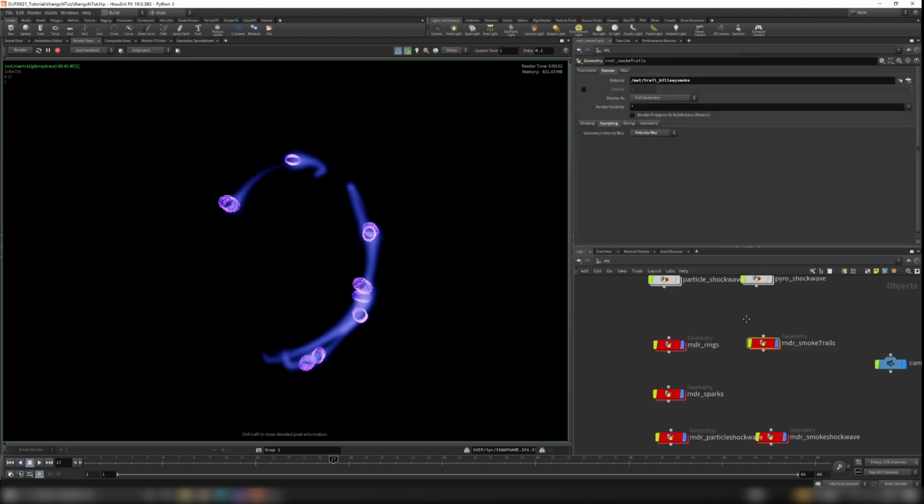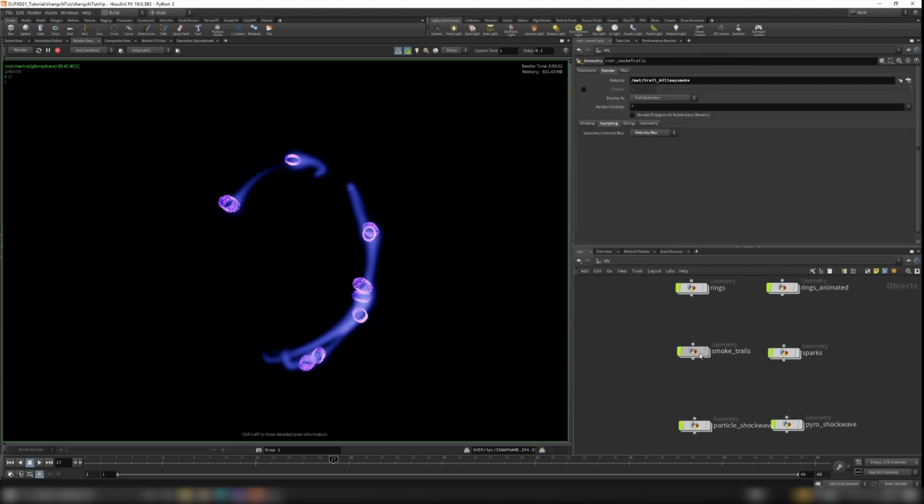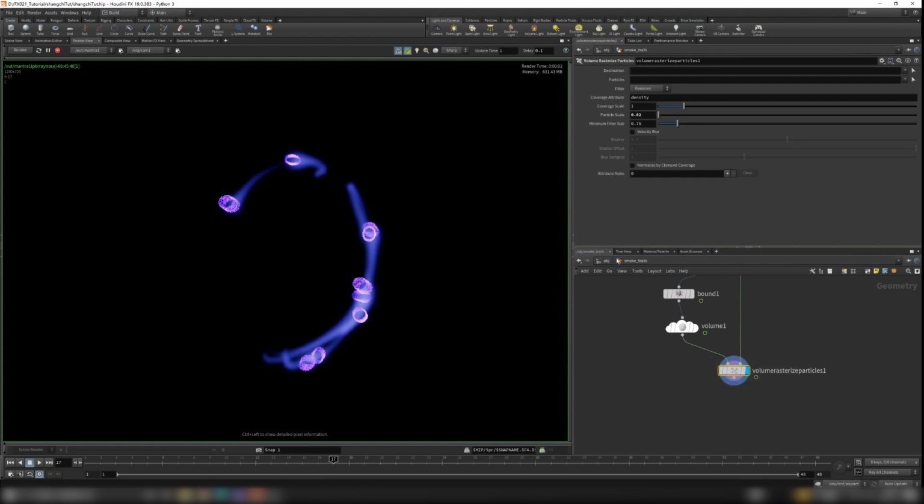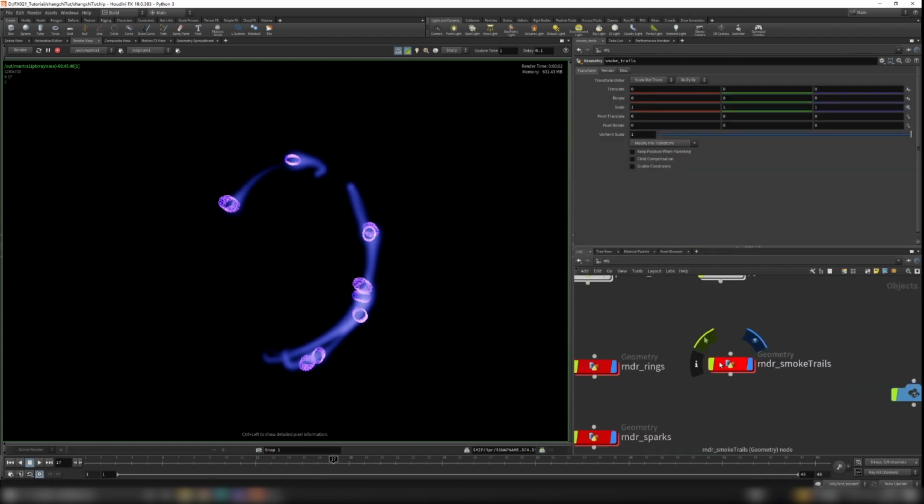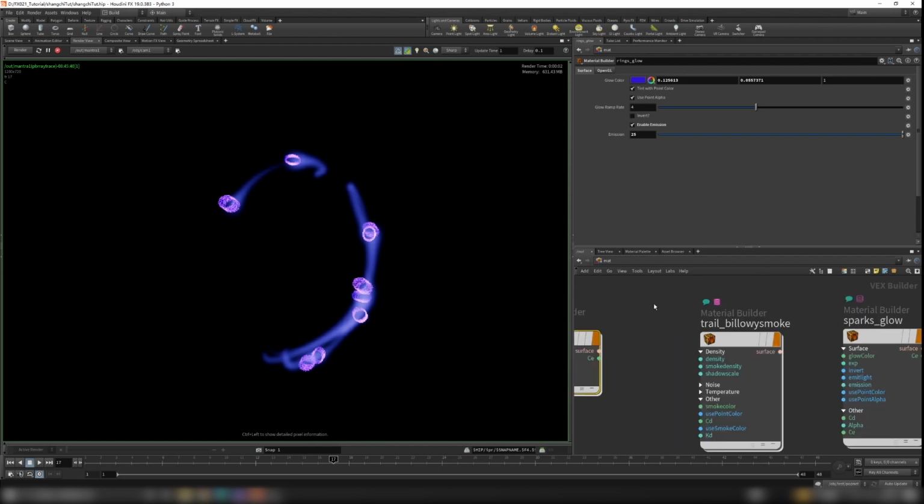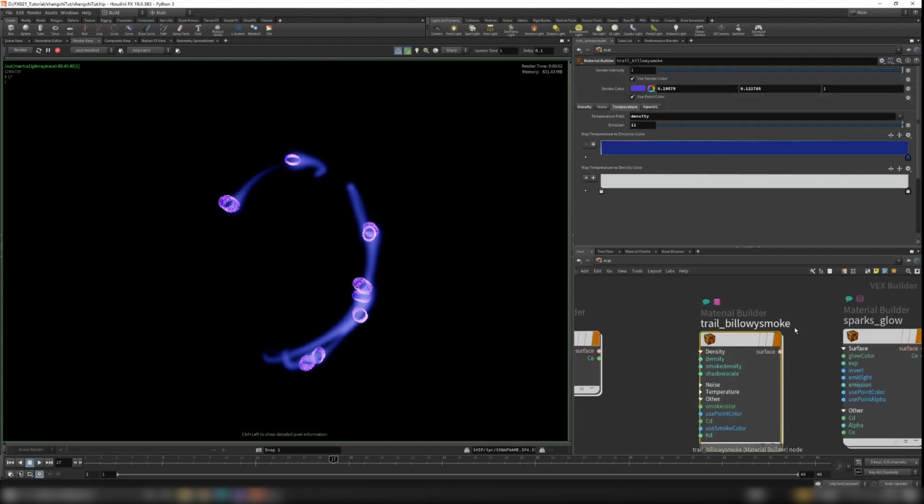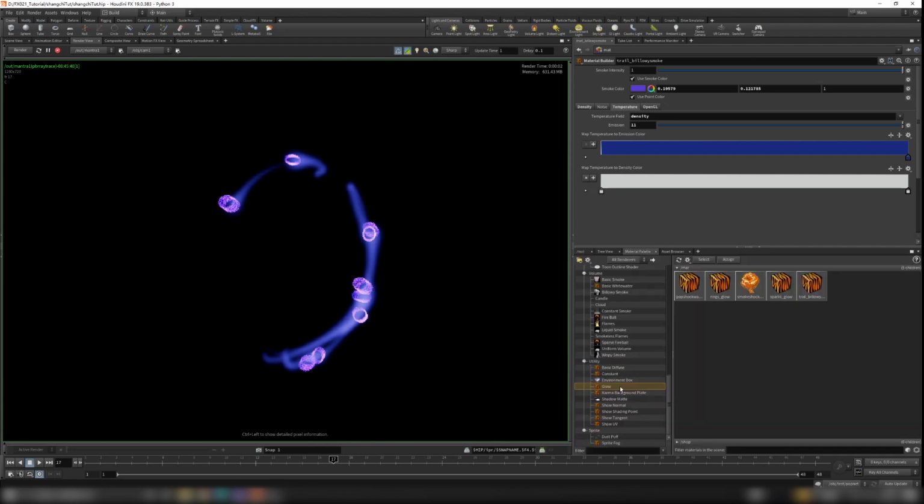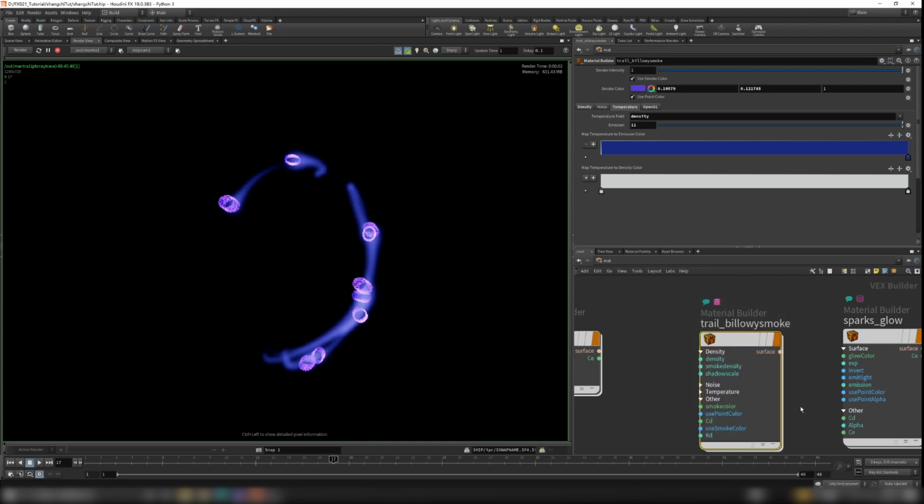Okay, yeah, I just copy this one and bring it here, so it's the same thing here. And I think I go to the material tab here. I use billowy smoke here. You can go to your material palette here. You can find your smoke material here. Yeah, it's this one. You just drag and drop here and you will get it. Okay, for this one,